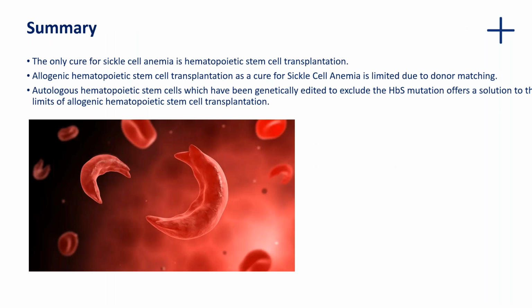So in summary, the only cure for sickle cell anemia is hematopoietic stem cell transplantation. However, this approach is limited due to donor matching. And so autologous hematopoietic stem cells that have been genetically edited to exclude the sickle cell mutation may offer a solution to the limits of allogeneic